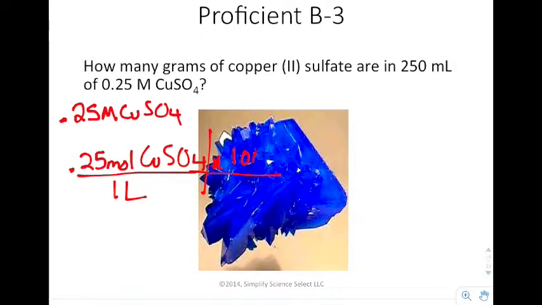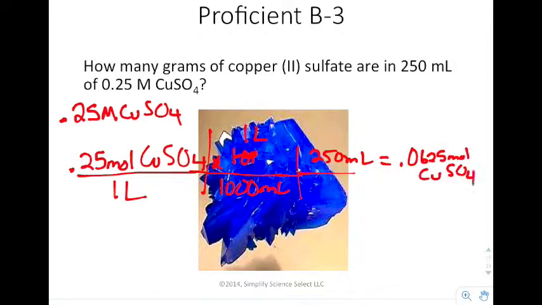I would say 1 liter is equal to 1,000 mils, and then I would say 250 mils, and that would now give me my number of moles. If you were to look and multiply this out, you would get your number of moles to be 0.0625 moles of copper sulfate. Now that's how many moles of copper sulfate I need to add to the water, but I don't want it in the number of moles, I want it in the number of grams. So the next thing that I have to do is I have to say, okay, well 0.0625 moles of copper sulfate,